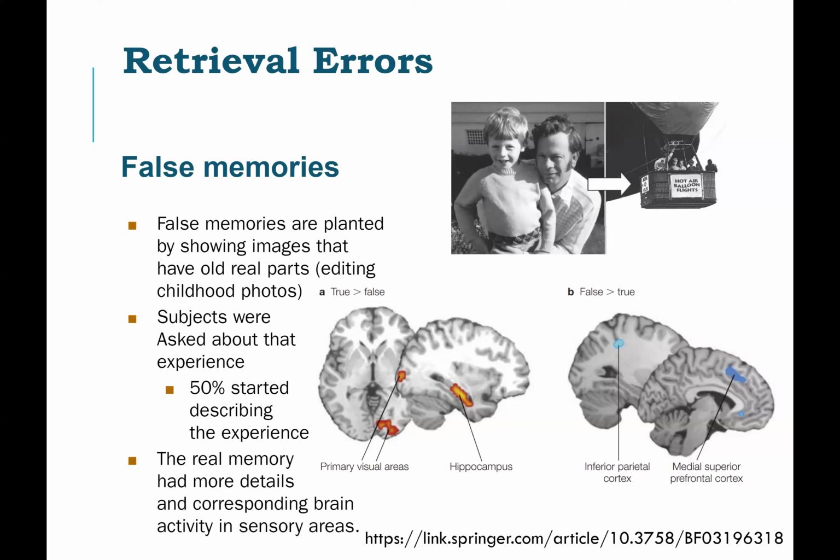Another thing that works very well is telling people, for example, oh, remember you got lost in the mall when you were, let's say, 6 years old? And they say, I don't remember. You say, no, it was specific, their hometown mall, right? It was this mall, in this part of town. And then they slowly start making up this whole story about getting lost. In this experiment, almost 50% of subjects started describing this experience that they had.